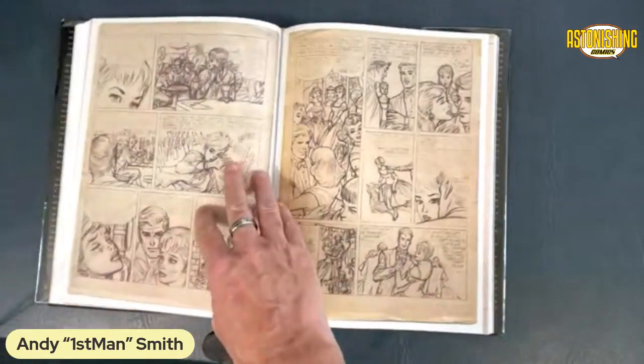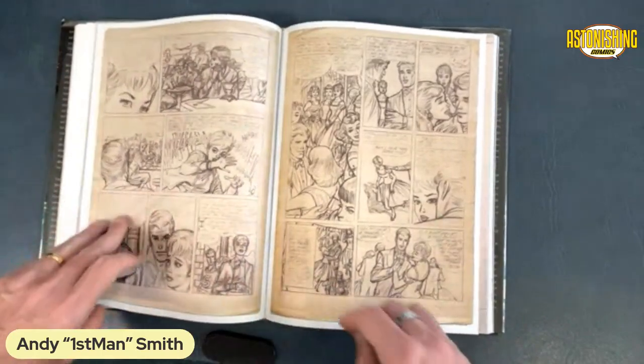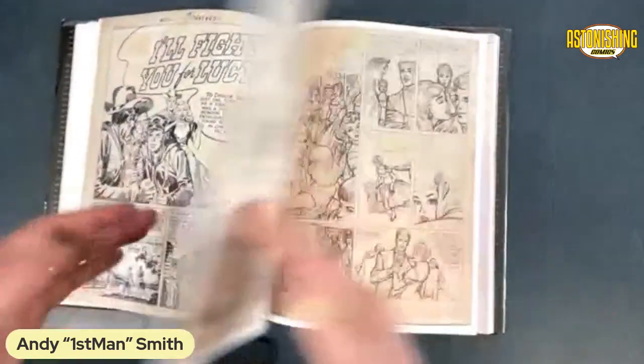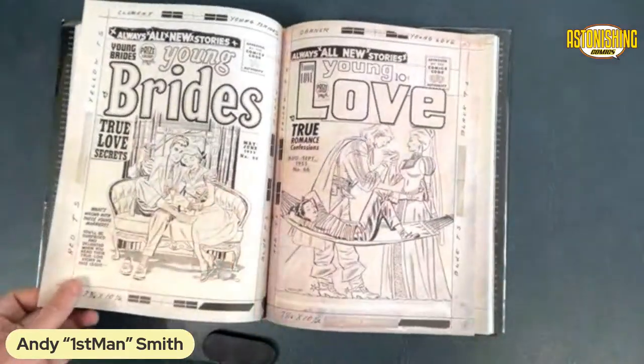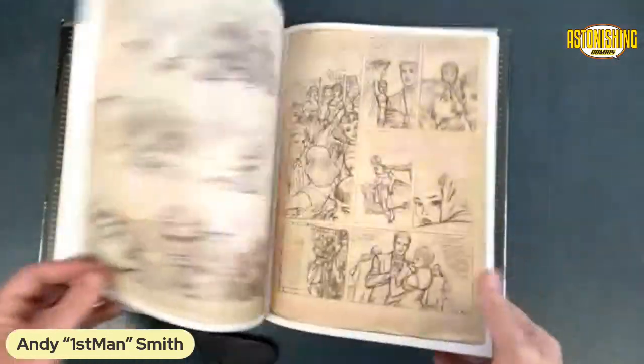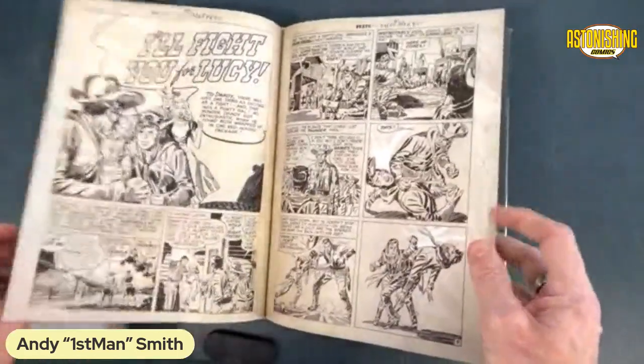Great stuff. I believe this is Mort's pencils. Let me get to a caption and read. Ray Griffin ordered. Oh, that's cool. You're going to love this book. Hold on. Let me see. I think that,